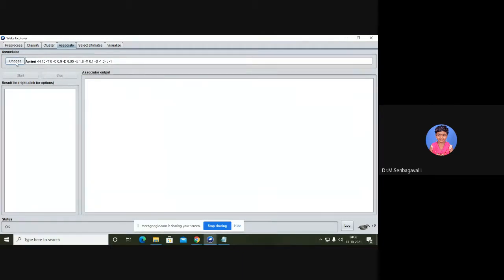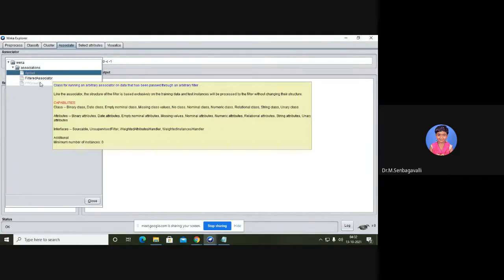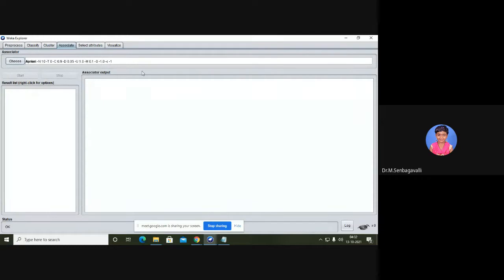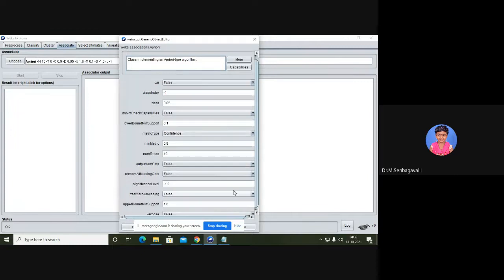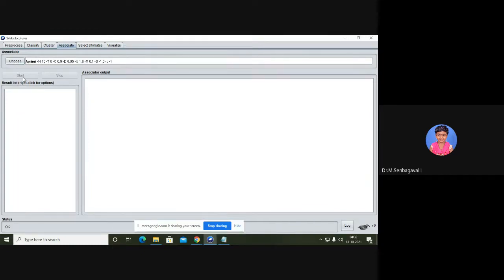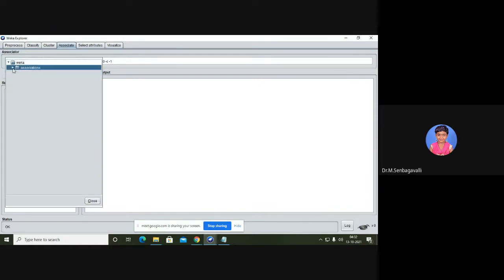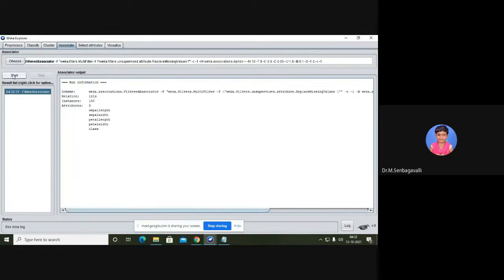That is what I'm using. You can go for other algorithms also. So select the Apriori attributes. If you want to change the attribute specification, you can change it and start. Here I have selected the filtered associator algorithm, and it is showing only this much output.